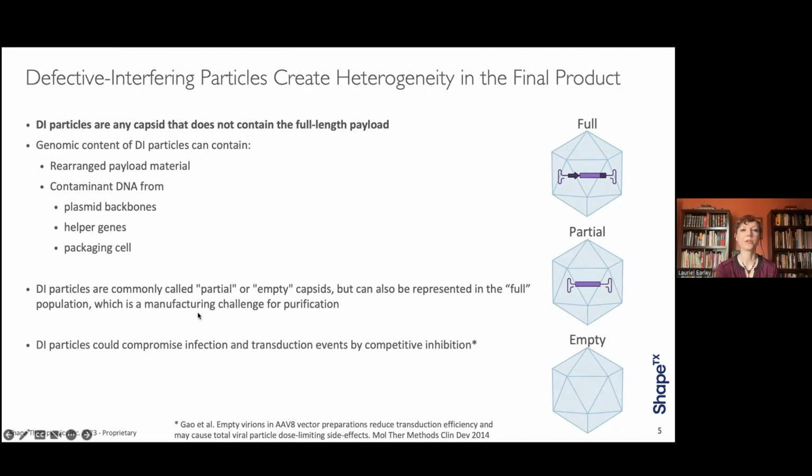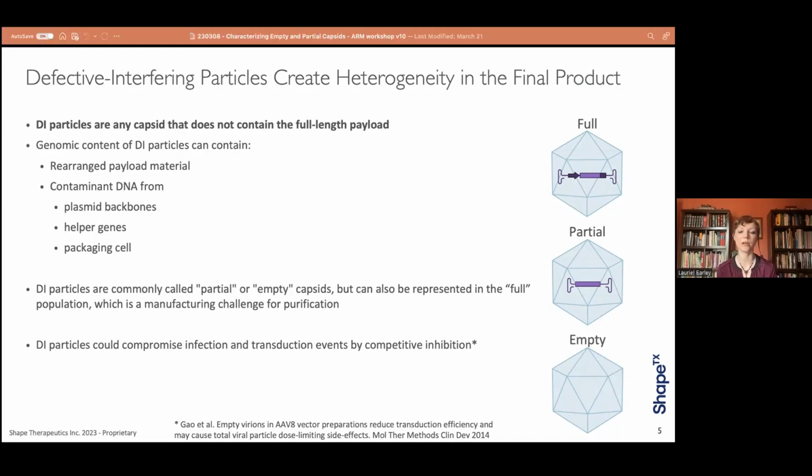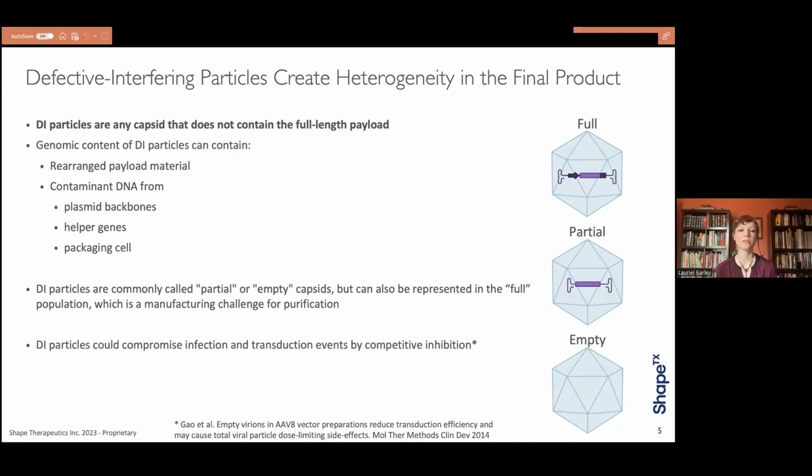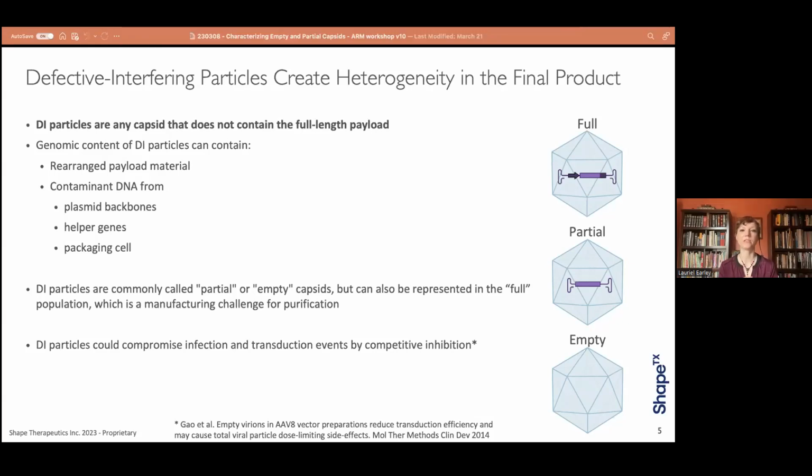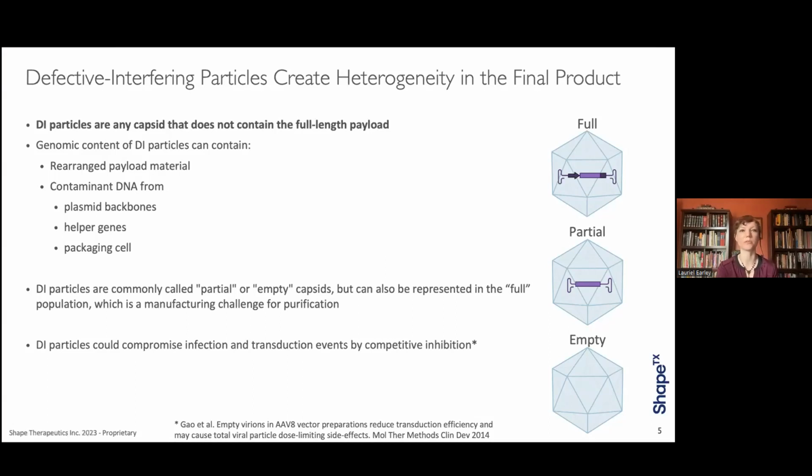Now, defective interfering particle is a term that comes from virology. These are naturally occurring in any viral production setting. And what happens with these is that because they can't produce a productive infection, they're called defective, and they have been shown in tissue cultures to be inhibitory towards other viruses by competing for transduction pathways. Now, we don't know if that would be the case with AAV or in an in vivo setting, but I think the name could still apply here because they are similar to what we see in wild type viral preps. And these have even been found in wild type AAV preps as well.